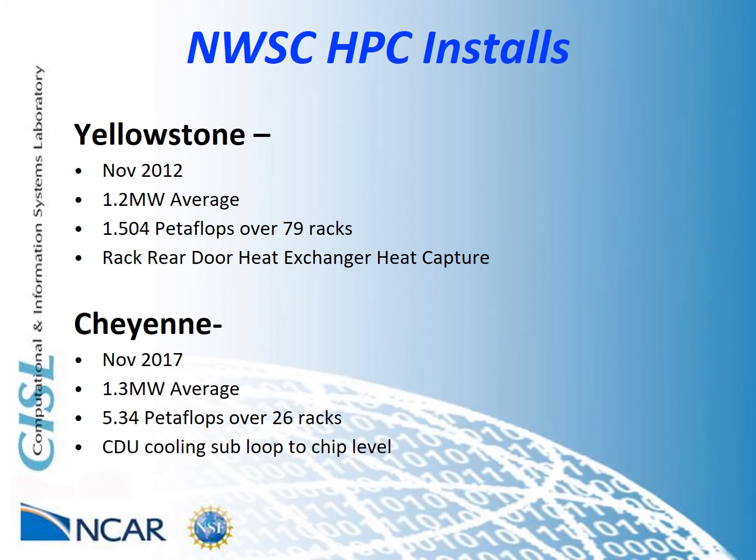Yellowstone was installed in 2012 as the initial high-performance compute system at the NWSC and had an average power draw of 1.2 megawatts with a peak performance of 1.504 petaflops. The total footprint for this system was 79 racks. This HPC system was cooled with rear door heat exchangers, capturing the heat through a large coil mounted to the